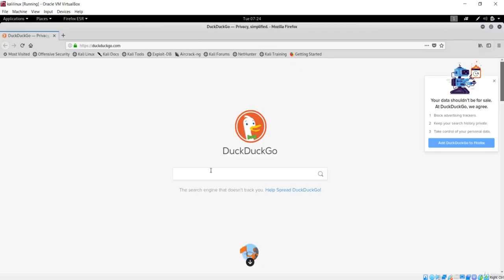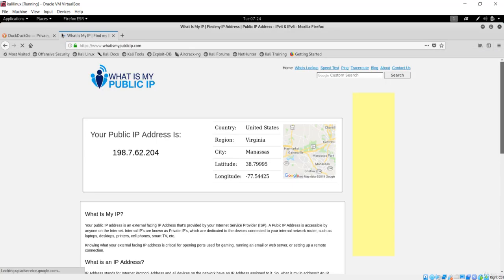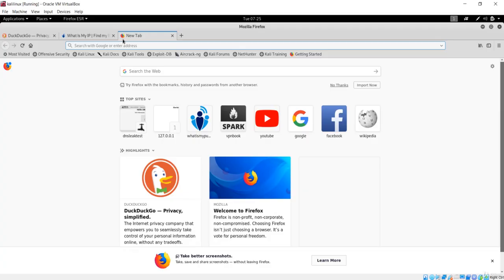Let me go over here and see our IP address. I'll search what is my IP address. You have seen now that the IP address has been changed. It has been changed to United States. Obviously this was done the same way as with VPNBook. We have done this same change in the IP address in the case of VPNBook. Now I want to see the DNS leak.